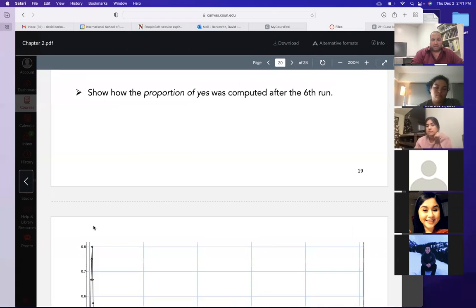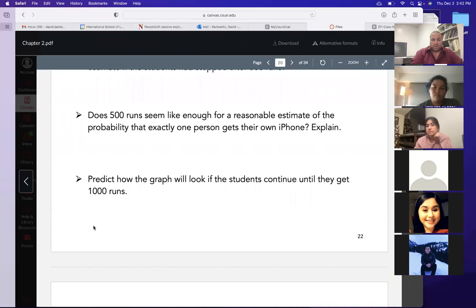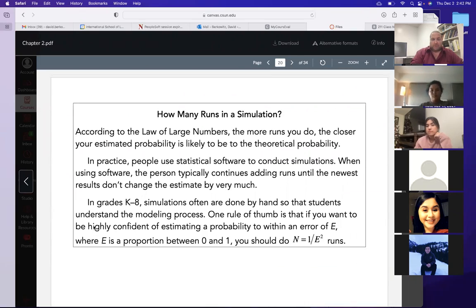Oh, there we go. And how many runs should you do? So look at this number here, by the way. This is all the way back in chapter 2. What was that formula that we had really all the way at the end of the semester that relates margin of error to sample size? Anyone remember that formula near the end of the semester that connected margin of error to sample size?